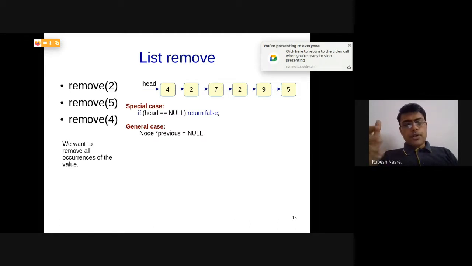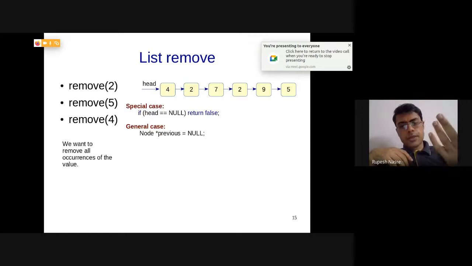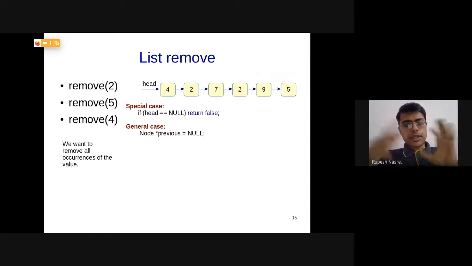If we keep track of previous variables separately, then that end condition might not be required. Okay, so previous equals null and current equals head, or ptr equals head, which is going to go over essentially the list. So previous is keeping track of the previous element, which initially is again going to be null. And then depending upon what you find, if that ptr arrow val equals the val that I have passed, then you perform certain operations.